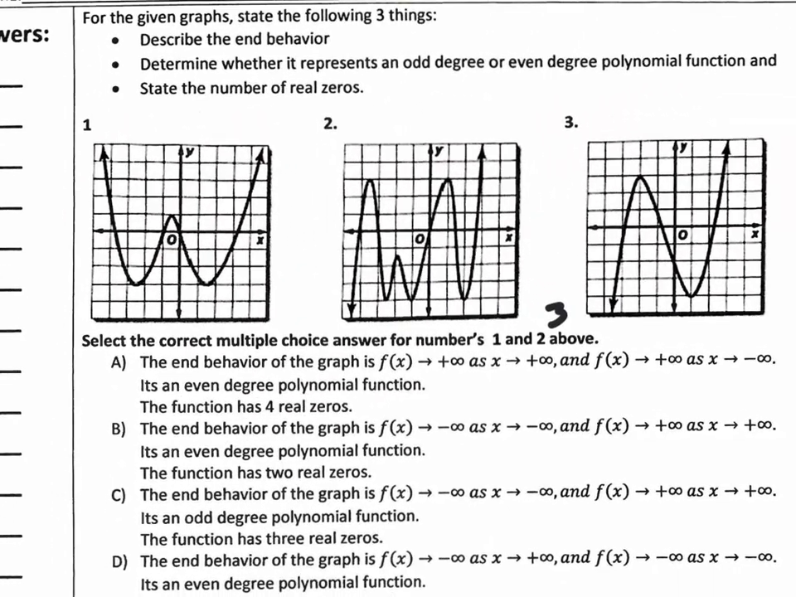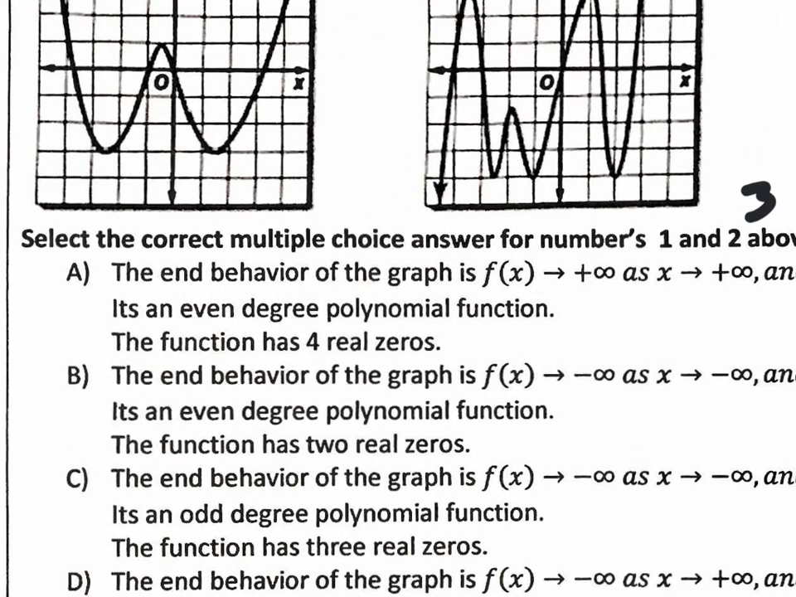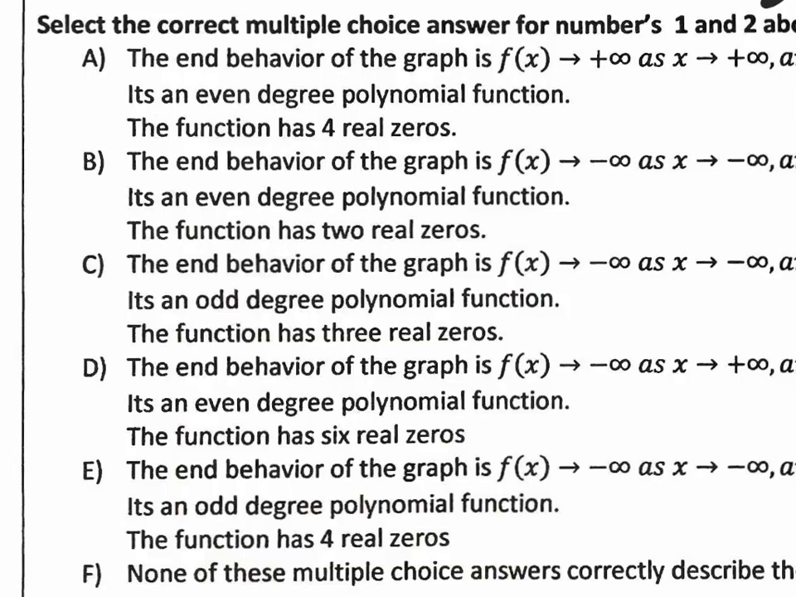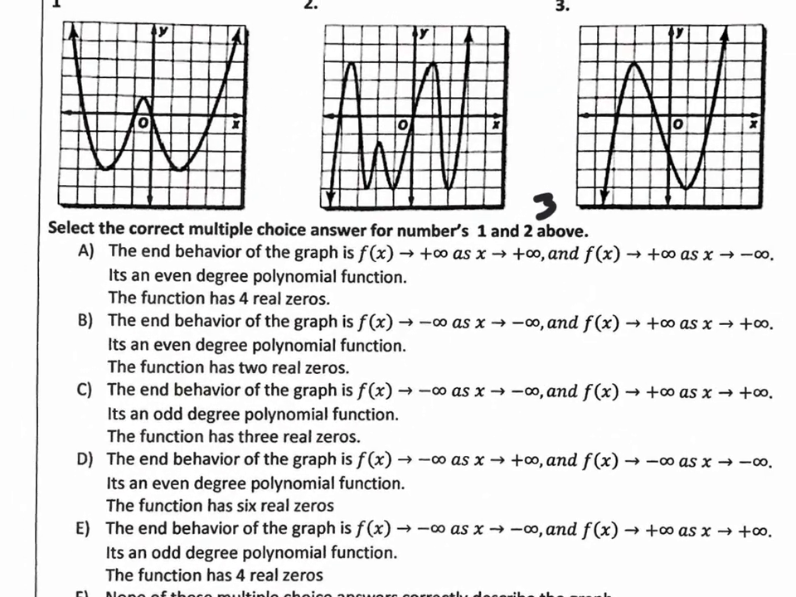We need to state the end behavior. We need to state if it's an odd degree or even degree, and state how many real zeros it has, how many real answers it has. So let's look at the end behavior. Go ahead and pick an option, A, B, C, D, or E. C? Let's go with C. Why not? C, it reads, the end behavior of a graph, it says, is f of x, the graph will